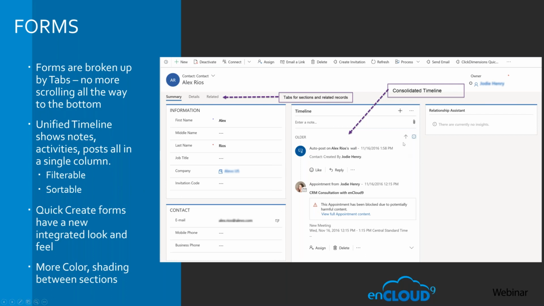Also, this timeline, you can change how the information is sorted. Usually, you can sort by modified on date, created on date, due date. We'll show you how to do that in our demo. That's one of the other things. You can also filter in here what type of records you're seeing in this. So let's switch back to my CRM